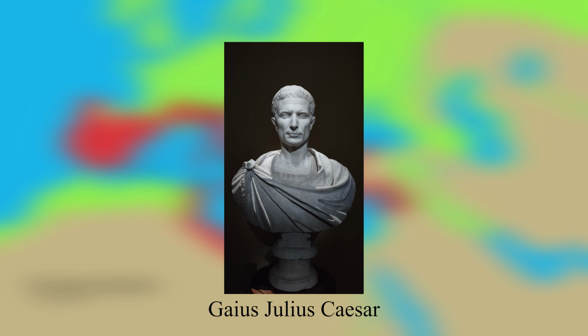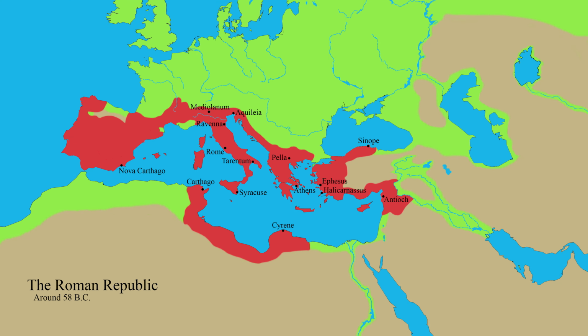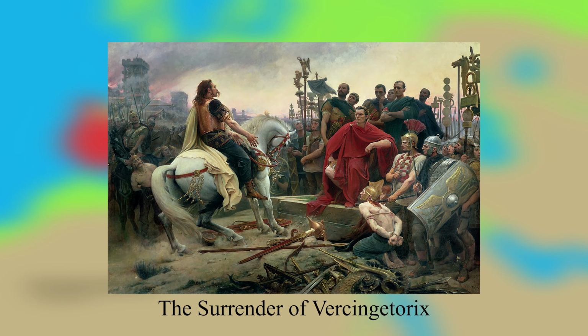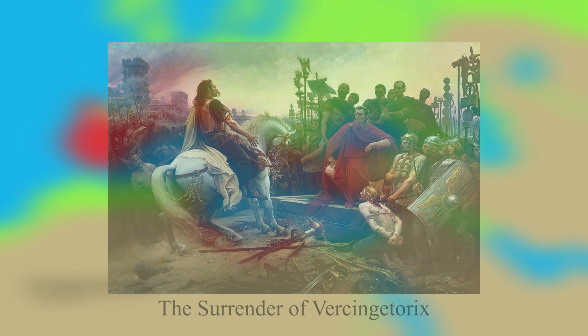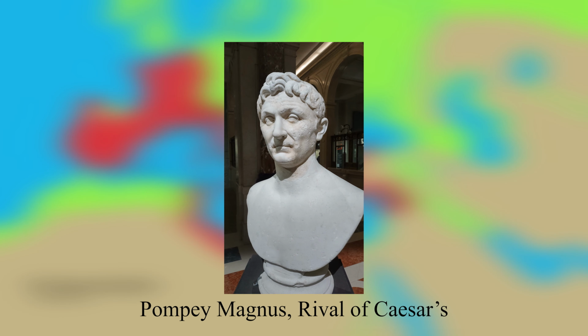Number 5. The Ides of March. Julius Caesar is the most famous Roman for a reason. He conquered parts of Iberia, but most famously, he conquered Gaul. These wars made Caesar incredibly rich, powerful, and popular with the Roman people, which posed a threat to the power of the Senate, which then wanted to prosecute Caesar for illegally invading Gaul.